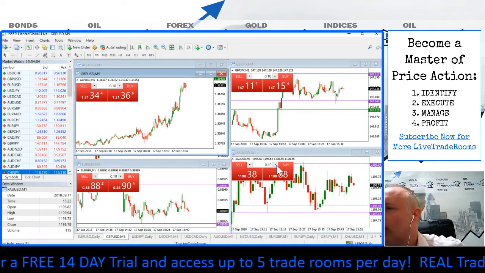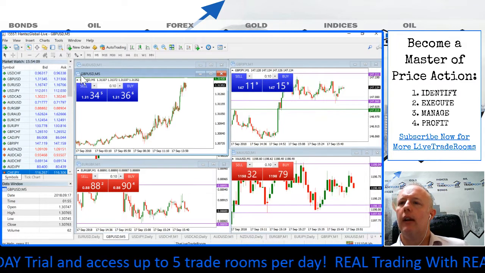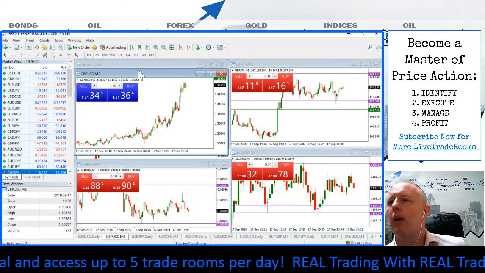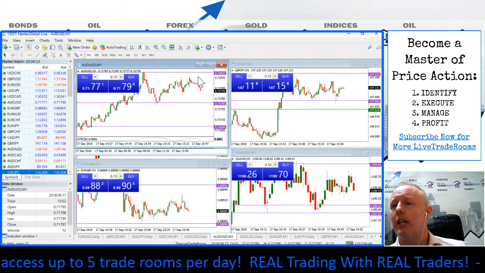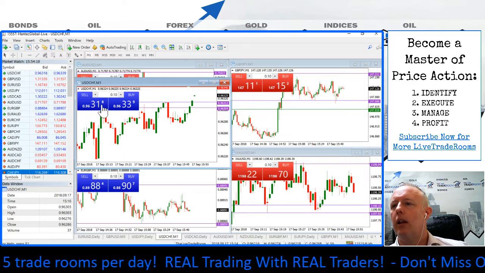So we do want to see the gold market break above 1199, and we do want the pound to break above the 31.43, ideally the Aussie to break above the 71.82, and finally the